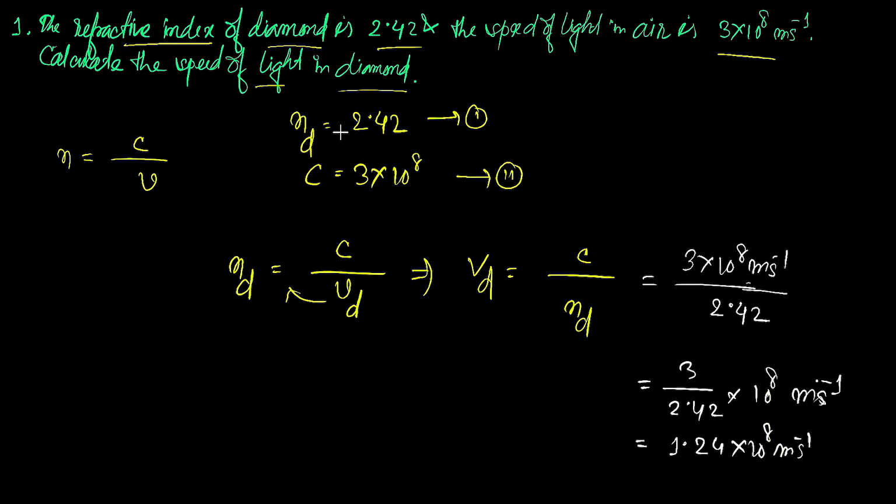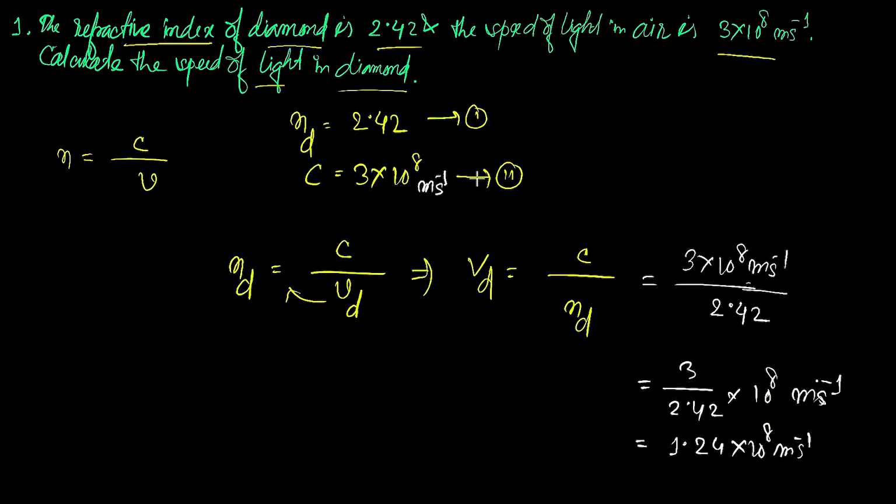But here, only for our theoretical purpose or for our convenience, to solve some problems, we consider the velocity of light in air also as 3 × 10^8 meter per second. So I should write down the unit here. It is nothing but meter per second. This is the main solving of our first problem.